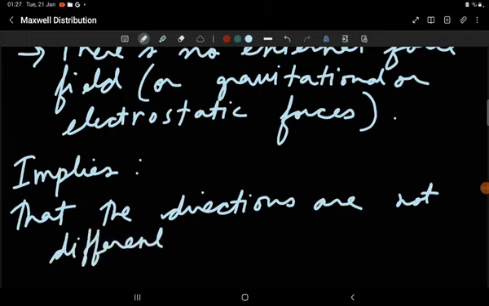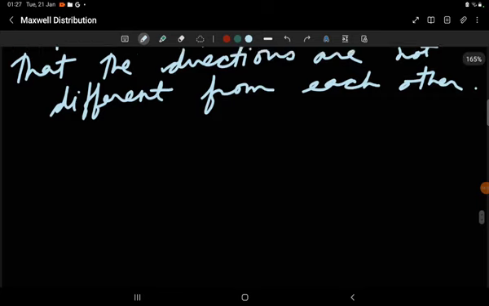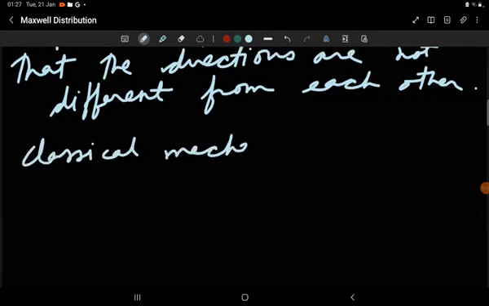That is, the directions that the molecule can take are not different from each other. And we may elaborate further to say that this is actually a classical mechanical problem. How to solve this is actually a classical mechanical problem, wherein